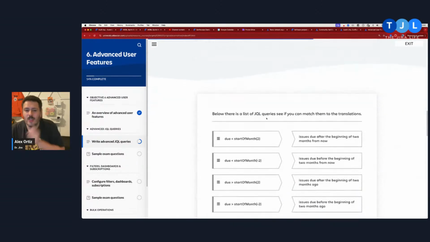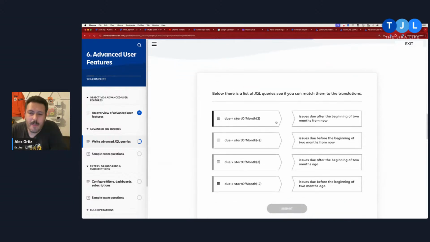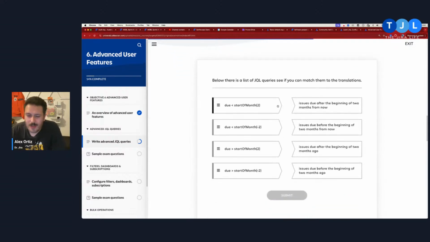All right. Below is the list of the JQL queries; see if you can match them to their translation. Ooh, this is fun. So due less than start of month 2. Okay, yeah, these get tricky. Start of month 2, so 2 days after the beginning of the month. Okay, due is start.